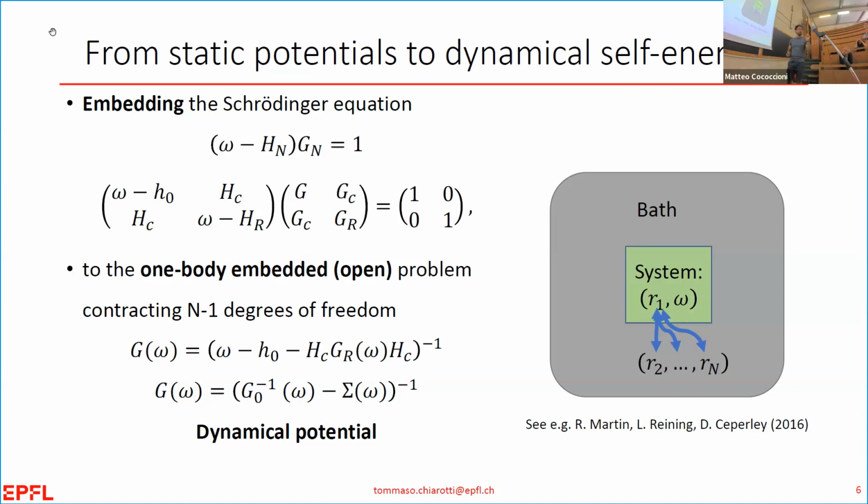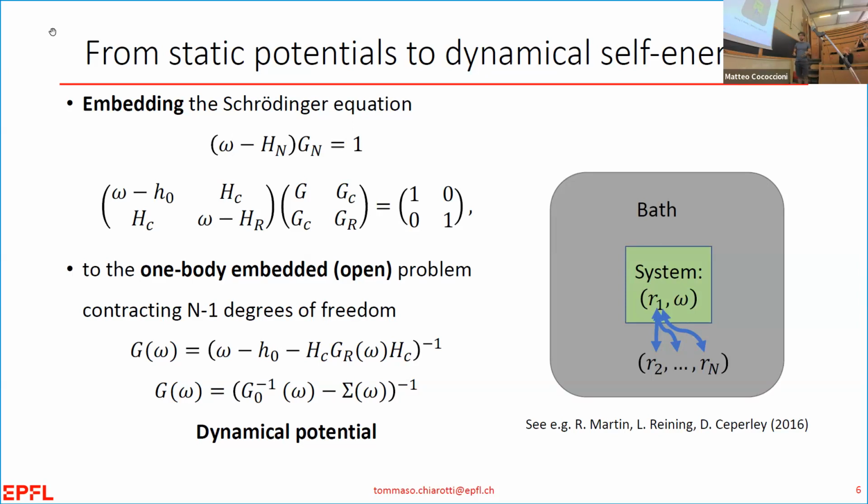It happens that you have only one equation to solve instead of n coupled equations, the n-particle Schrödinger equation. So you must have lost something, right? You cannot do this without losing anything. And what you discover, and this is one of the purposes of the talk and the papers, is that you lose linearity. So you are entering a non-linear world. You need to solve non-linear equations to actually get the result.